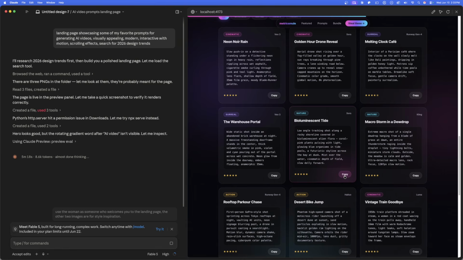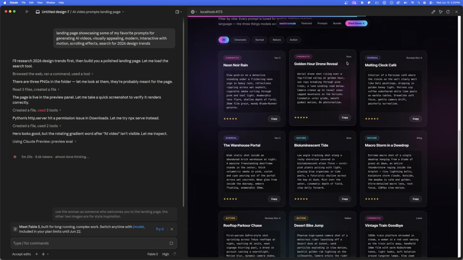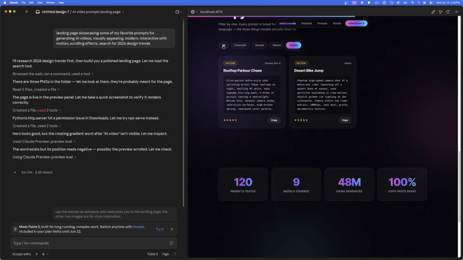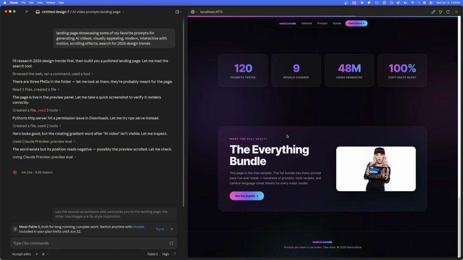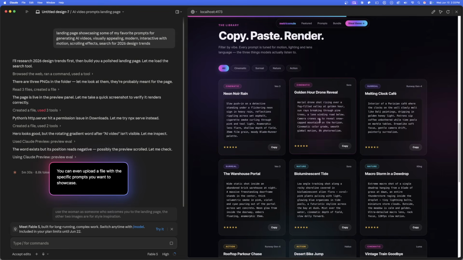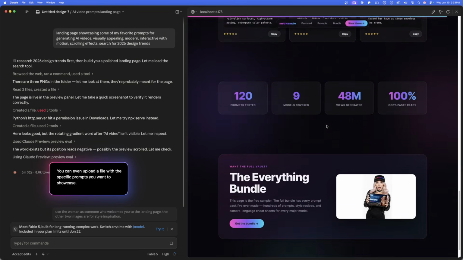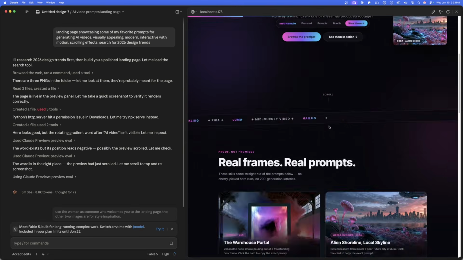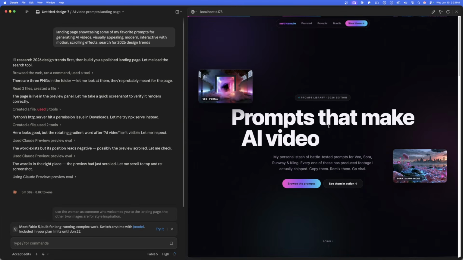Okay, I can go ahead and copy these just like that, and it says what model they're specifically used for. We have these filters up here, okay? But based off of this, the cool thing about it is that this can also be used as a placeholder. Obviously I might not want all of these in here. I can have my own specific prompts. That's where the editing process would come into play, and I would manually type to Claude what I want in each of these